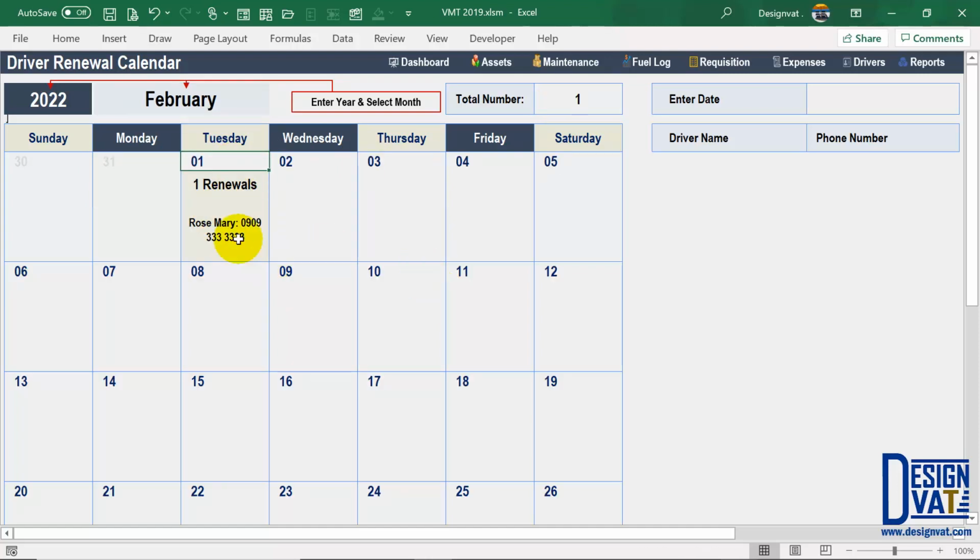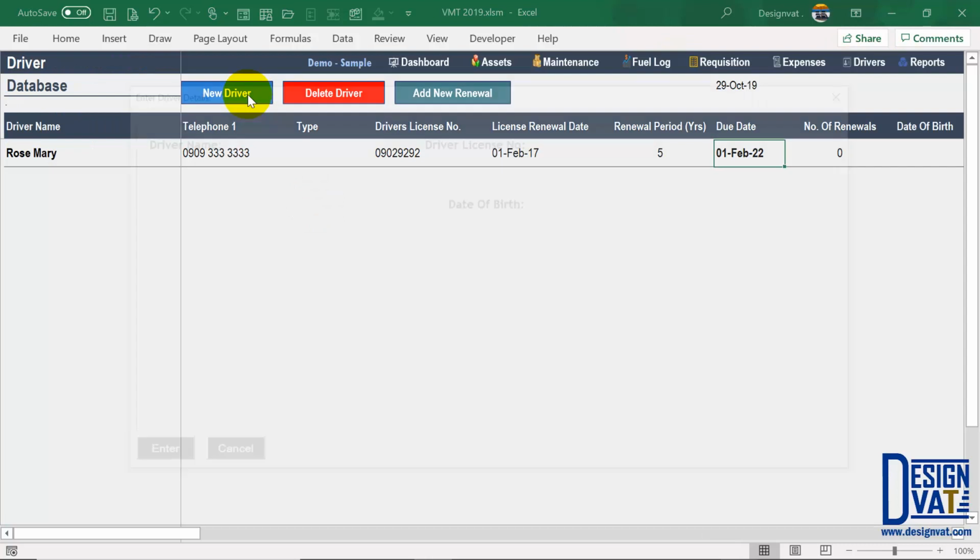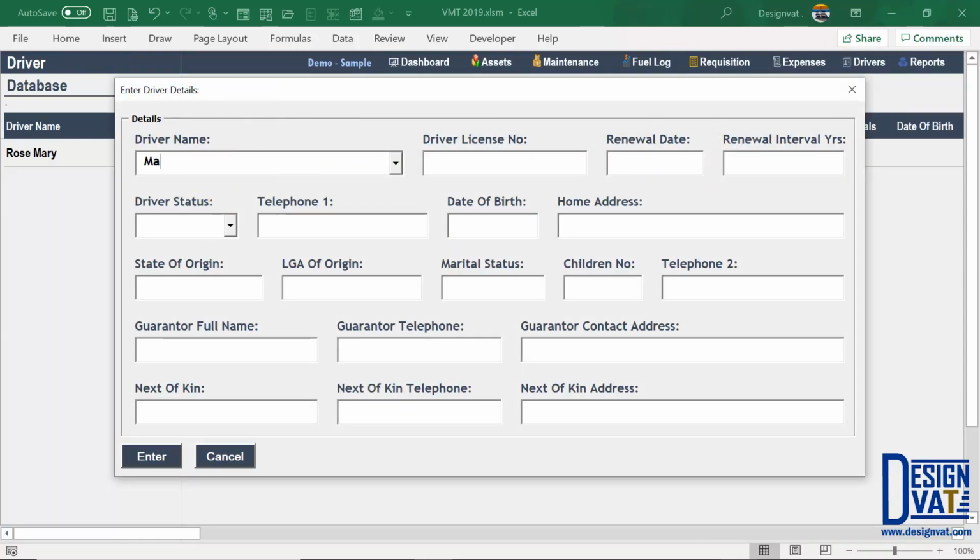On the 1st of February, Rosemary is going to tell you the driver's name and the driver's phone number. So there's one renewal due on that day. So that's the usefulness of this. So at a glance, you can be able to know that you need to call this employee to renew their license before this particular date. So going back there, let me just do another example. All you need to do is to add the driver, the mandatory fields,